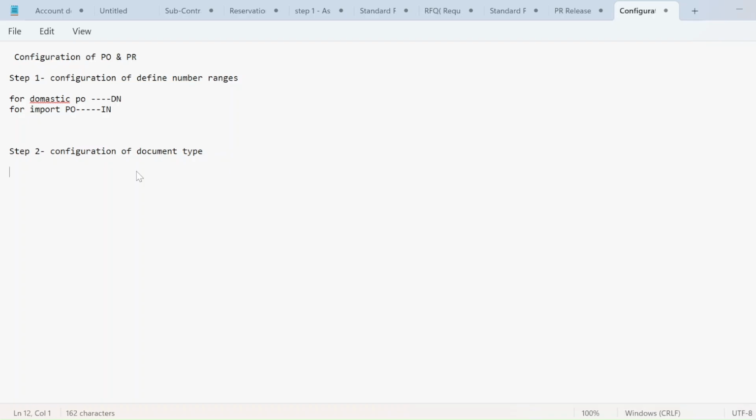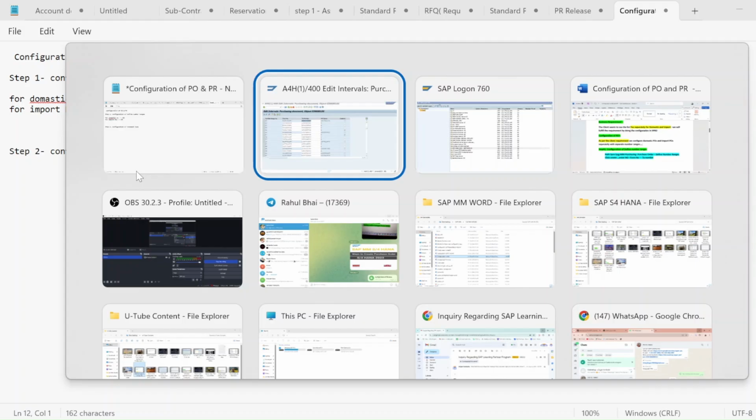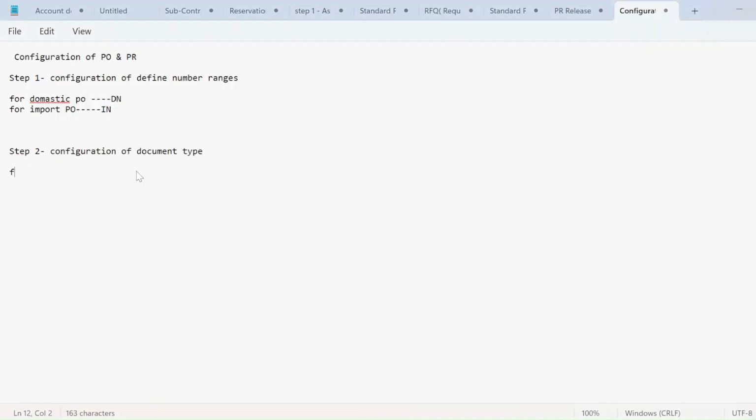For domestic procurement, let me take the document type DN. Whatever number range I just took for domestic PO, I am taking the same document type, so that there must not be any confusion.